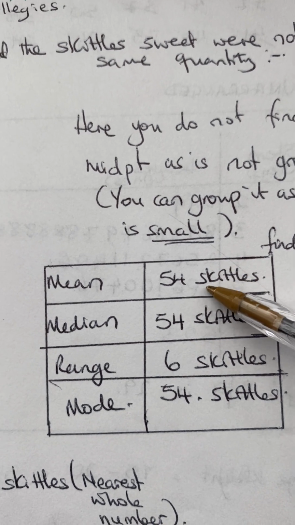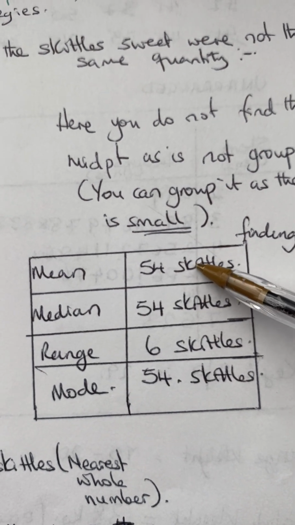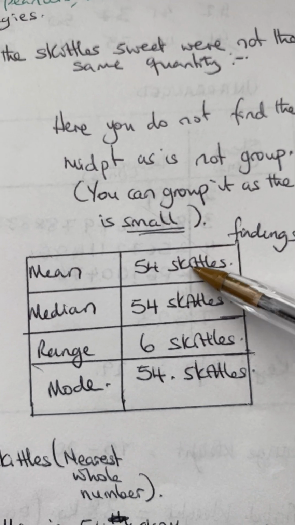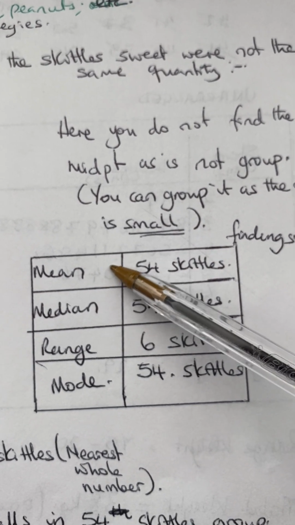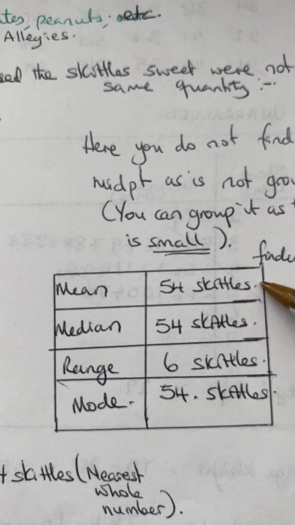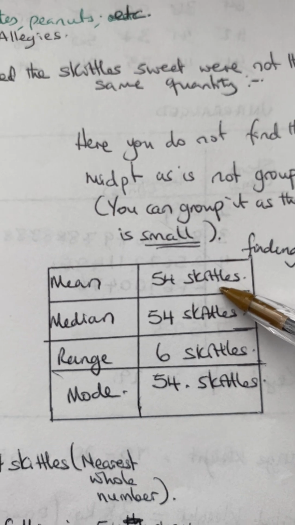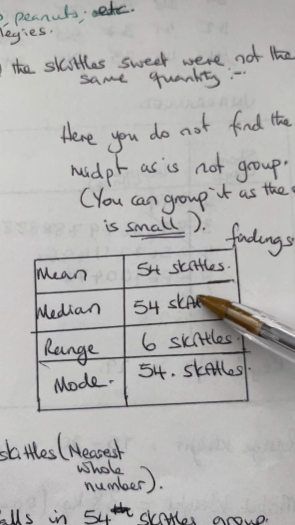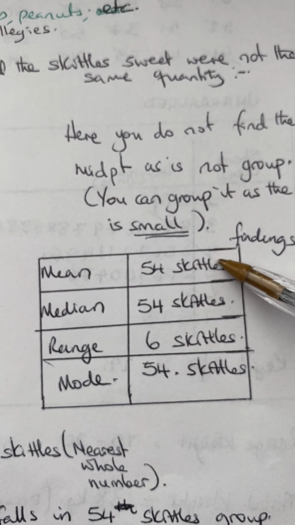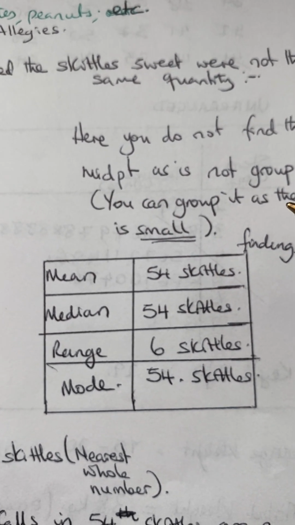I've always said you don't have to draw this box because of presentation. That's why I'm trying to draw the boxes so that you understand. So we're done with our first average, the mean. In the question, if they have not asked you to do it, don't do it. I'm trying to show you how to do it. But if they haven't asked you, please don't waste time and do all 4 of them, because you won't get marks for what they haven't asked you to do, even though your answer may be right.